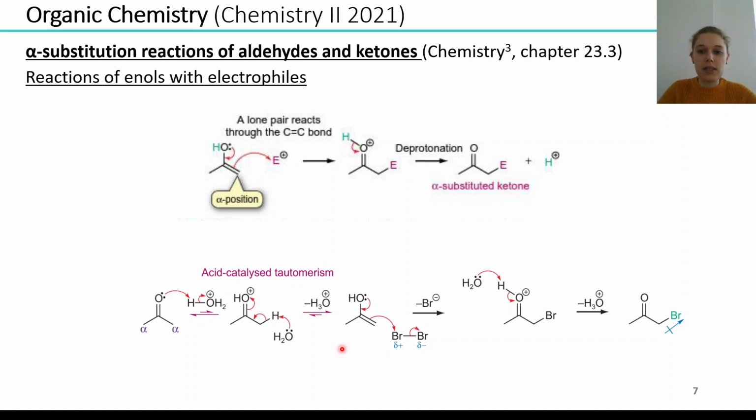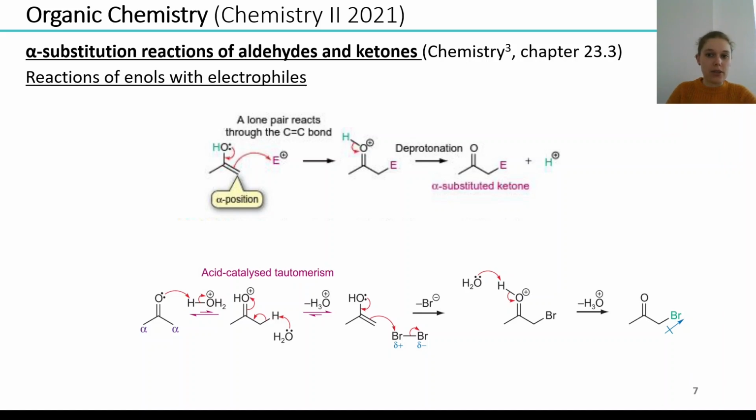Important to see is that only a small amount of enol is formed as the equilibrium is on the keto side. Then in the next step, the bromine molecule approaches the enol, and hereby the bromine gets polarized. And then the enol reacts rapidly with the polarized bromine, and hereby one bromine atom is introduced in alpha position and an oxonium ion is formed. Then in the last step, water acts as base, and this oxonium ion gets deprotonated to form the bromopropanone or